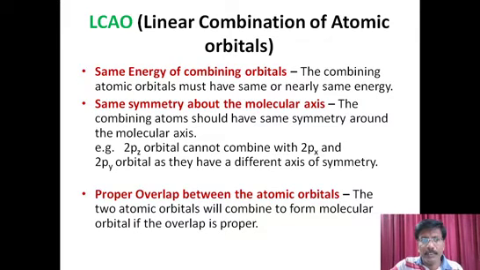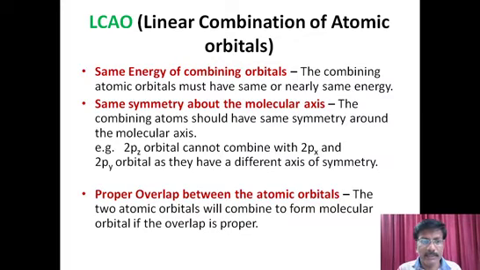The first important condition is that these two atomic orbitals, which are in combining mode or approaching each other, must have the same energy levels. Otherwise, if the energy gap is very high, then the probability of combination may not take place, or is very less. So such atomic orbitals with a huge difference in energy do not combine, and do not result in any molecular orbital.